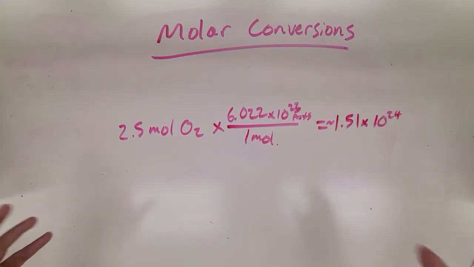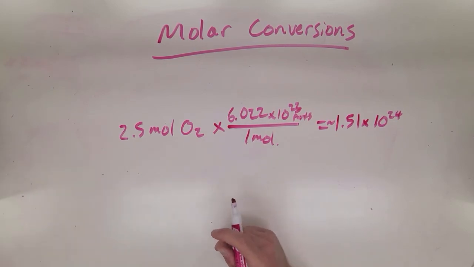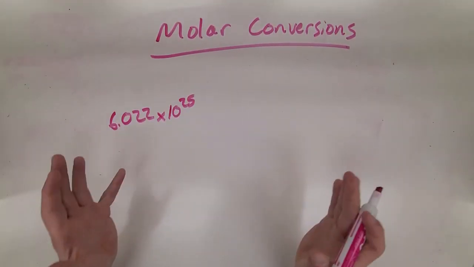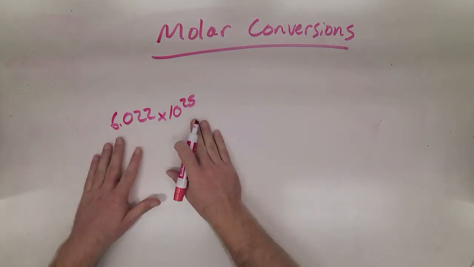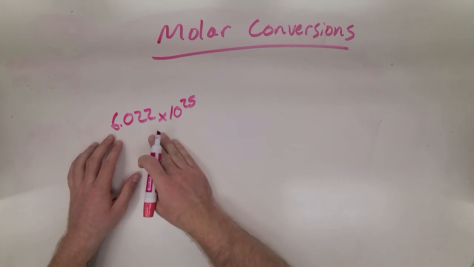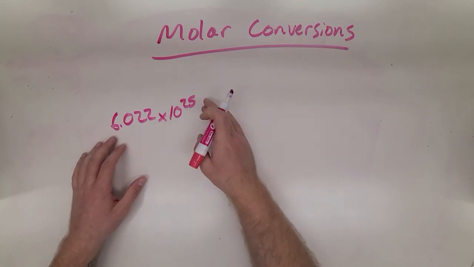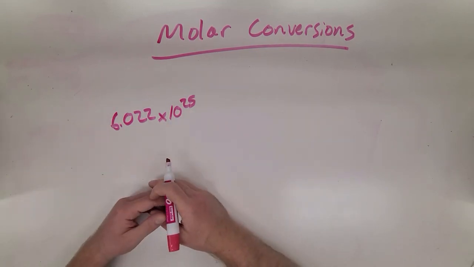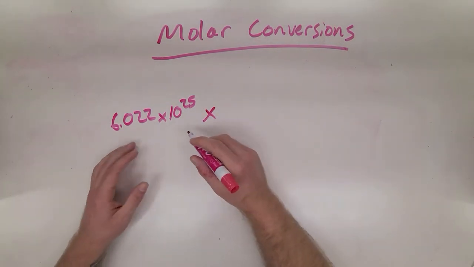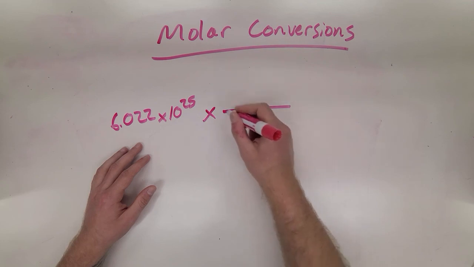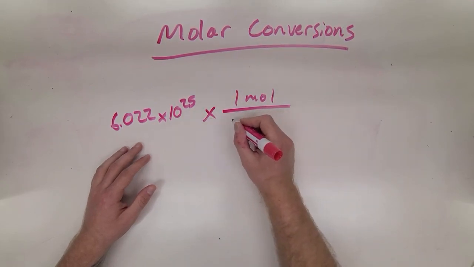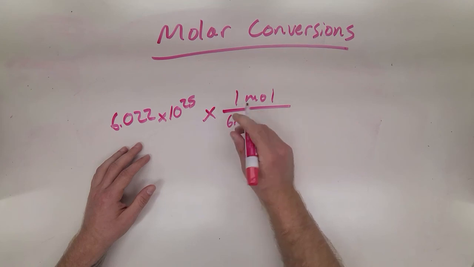Let's go ahead and go the other way now. Particles to moles. Okay, I just picked a random number here. I have no idea what this is going to turn out to be, but let's say we wanted to take the same number here, 6.022, but times 10 to the 25th power of particles, and see how many moles that is. What we would do is we multiply that by our unit conversion factor of 1 mole over Avogadro's number,